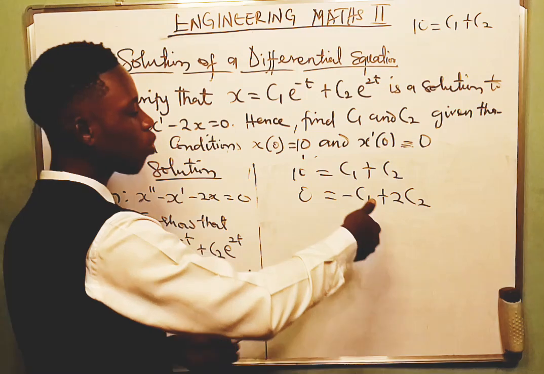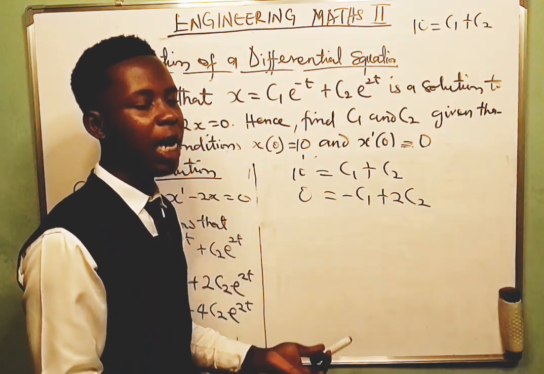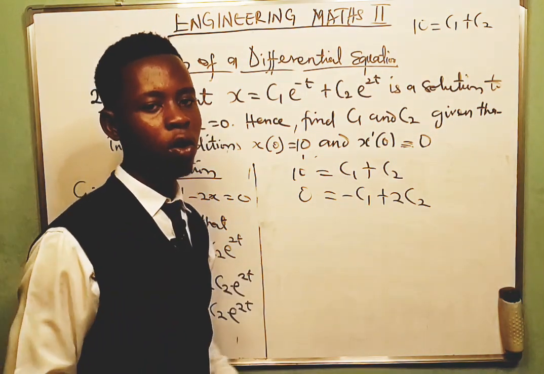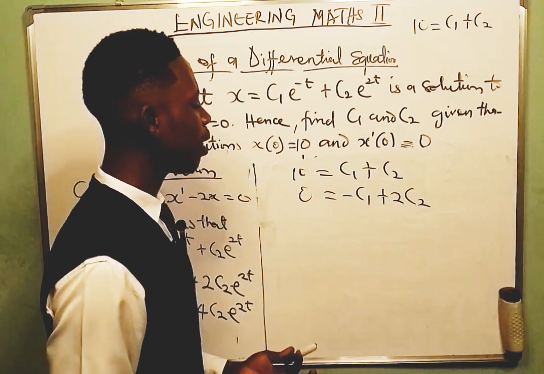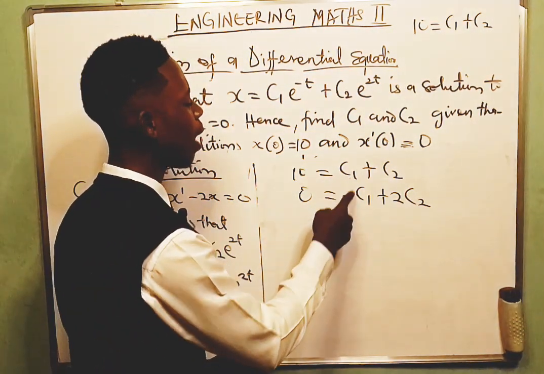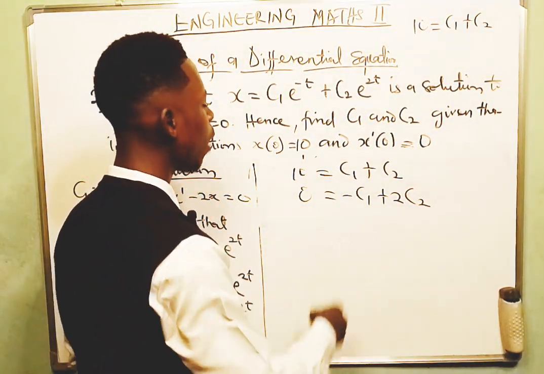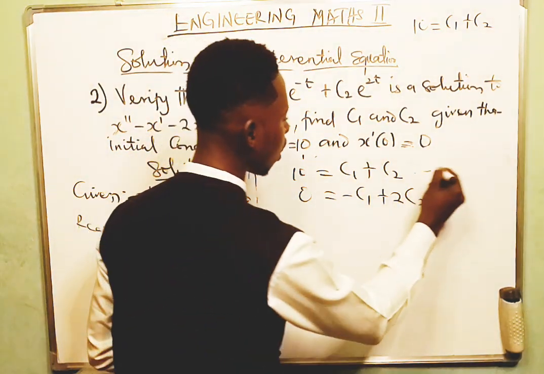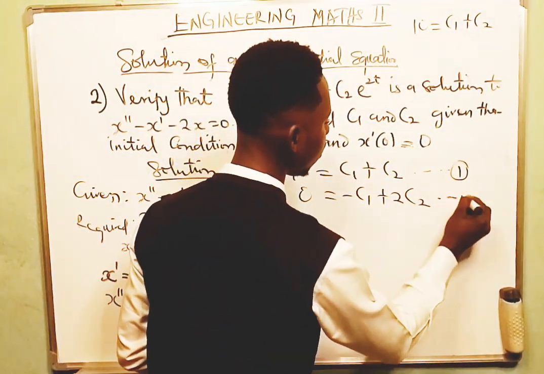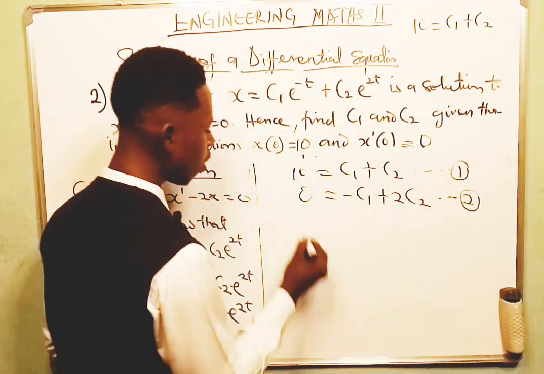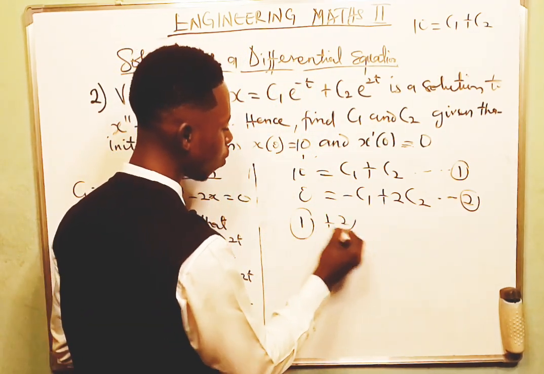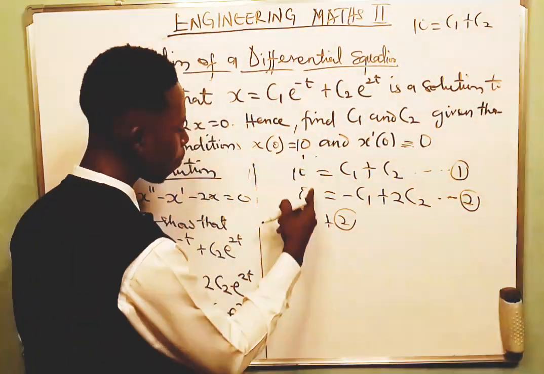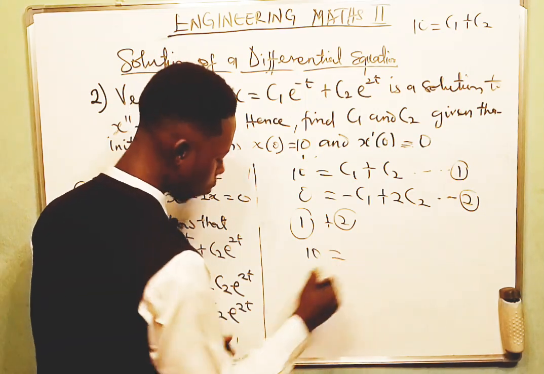We want to eliminate one of the constants, and the constant we can easily eliminate here is C1 and minus C1. So when you add equation 1 and equation 2, you have 10 plus 0 giving 10, equal to